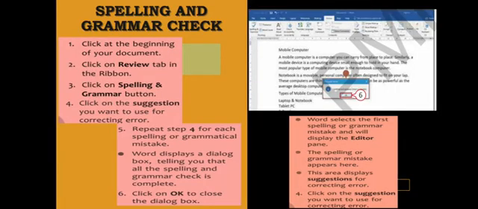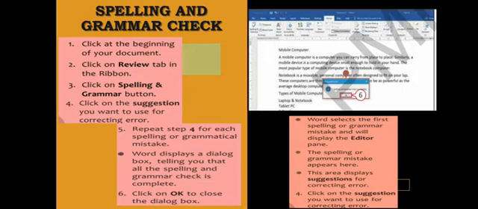Spelling and grammar check. Word also offers us to check our spelling and grammar in our document. For it, you need to select the word or text or line in which you want to apply spelling and grammar check. Then click on the Review tab. After that, click on the Spelling and Grammar button.